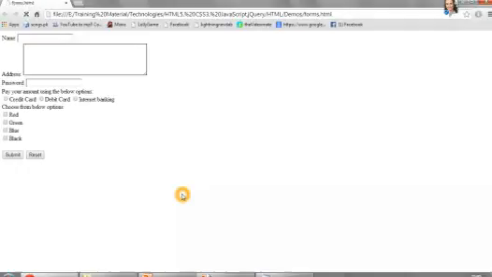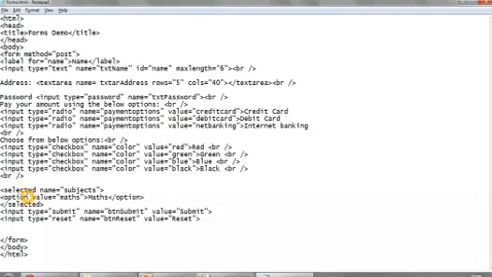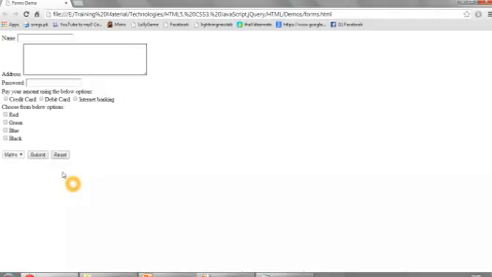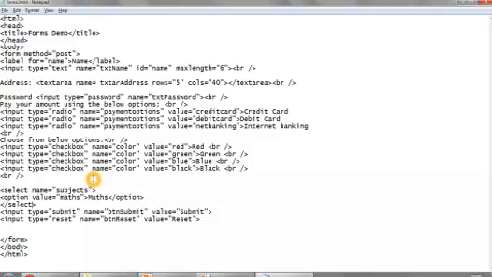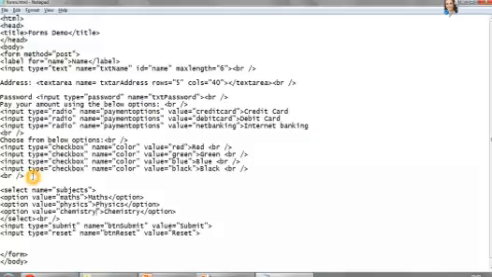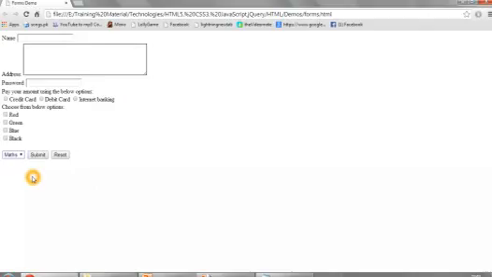it's not displaying anything because we have mentioned the name wrong. It should be select, not selected. Just save it and you get a drop down over here. Right now it has only one value. You can also increase the values by putting more options over here. So I've added some values over here. Just save it and refresh it. So now you get a list of the values and you can select from them.